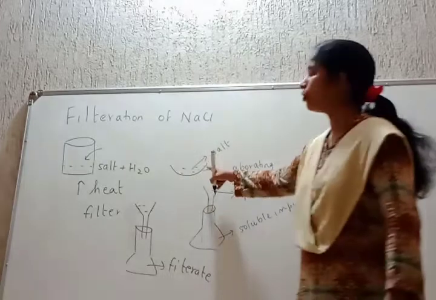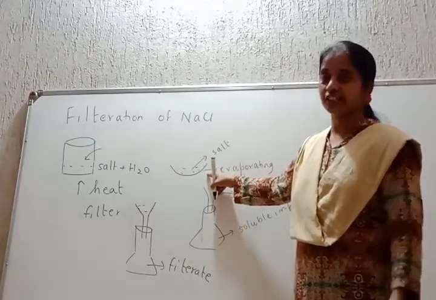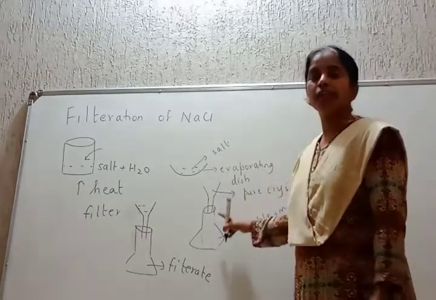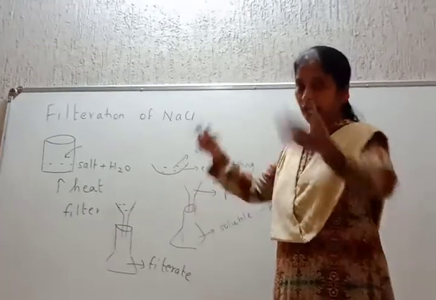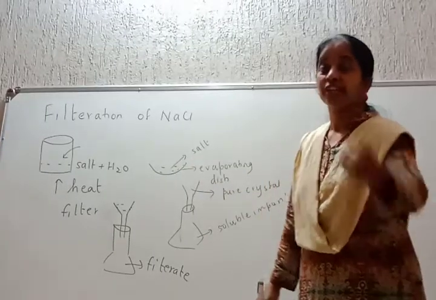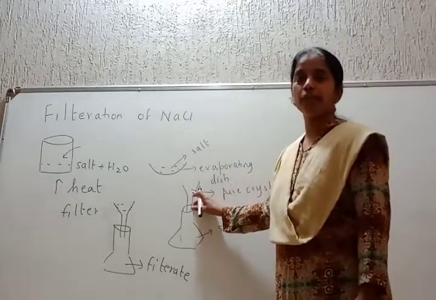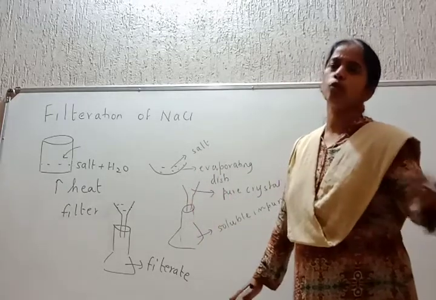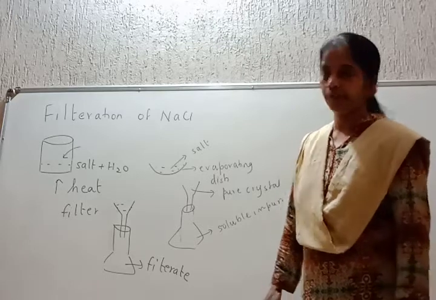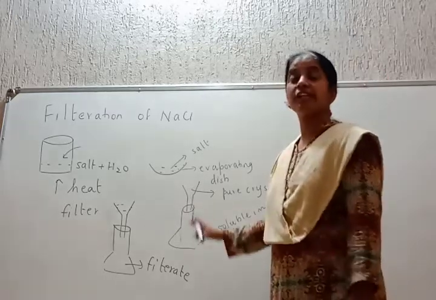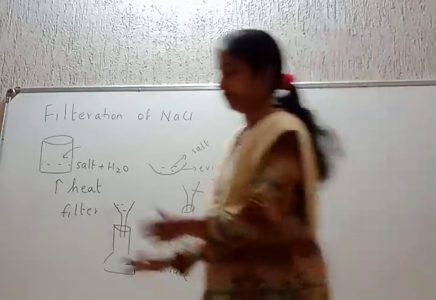Again you allow it to cool. Crystals of salt came out, they got crystallized, and again pour it over the funnel attached from within with filter paper. The crystals of salt get stuck to the filter paper, they are removed, and then the water is allowed to evaporate, leaving behind the filtrate which contains soluble impurities. That ends the job. See how easy it is.